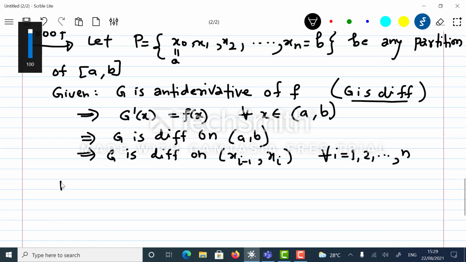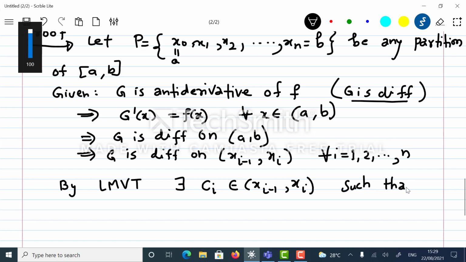So by Lagrange's mean value theorem, we can say there exists a c_i belonging to the open interval (x_{i-1}, x_i) such that Lagrange's mean value theorem says that g'(c_i) is equal to g(x_i) minus g(x_{i-1})